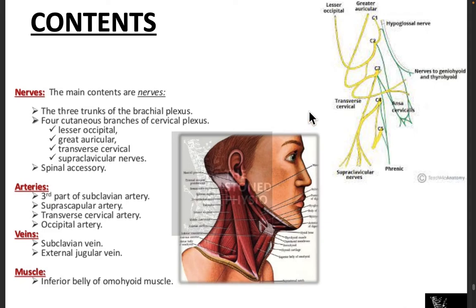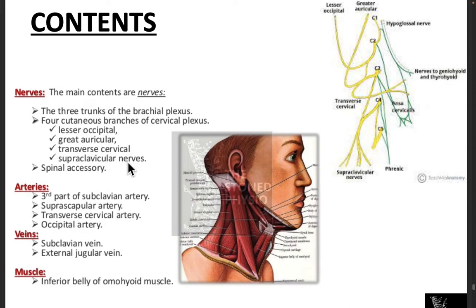Okay, apart from that we can talk about the cervical plexus as well, and we can say that all the 4 branches which are coming out of the cervical plexus. Just remember these 4 names, because these have been asked quite often in the exam, so you must remember the name of the nerves at least. अगर हमें veins and arteries अगर हमें नहीं भी पता है, just remember the name of the nerves, because that is important. So we have got the 4 branches of the cervical plexus. We don't need to talk about the cervical plexus इसके डिटेल में, but we need to talk about the branches, the 4 branches, that is the lesser occipital, that just remember the names: greater auricular, the transverse cervical and